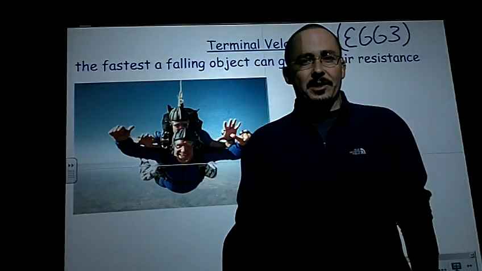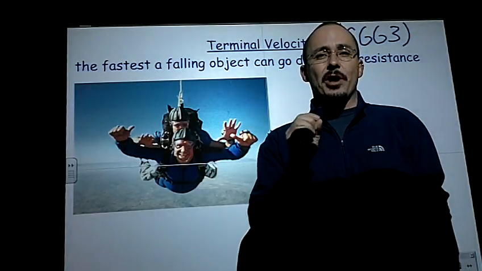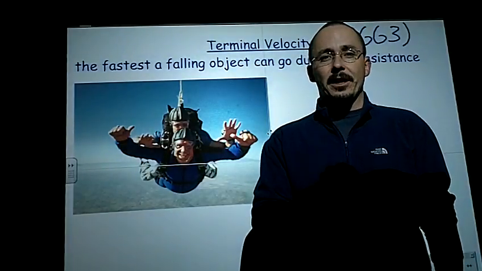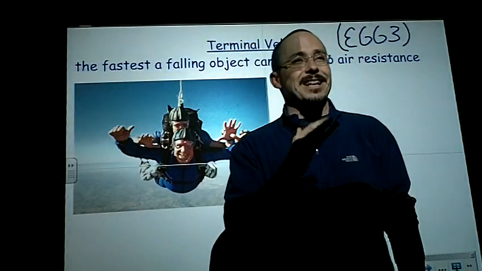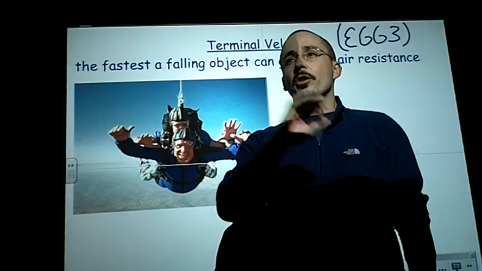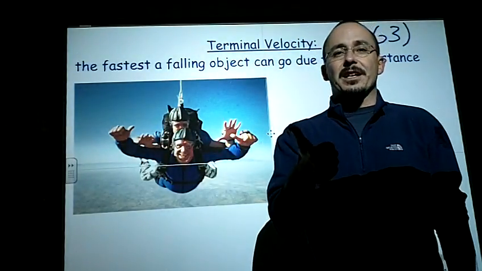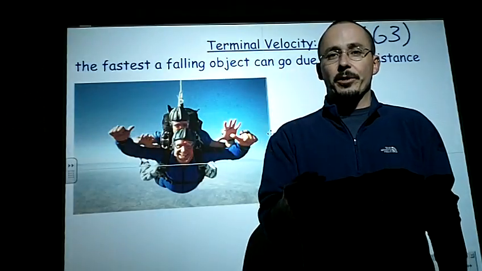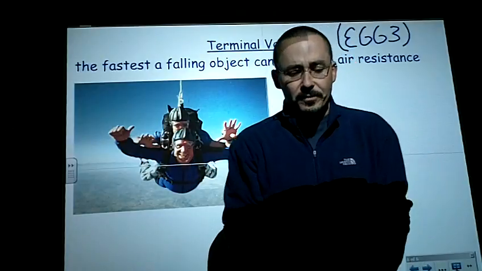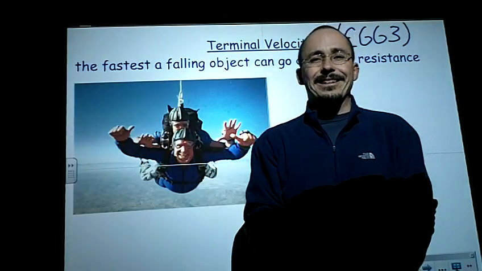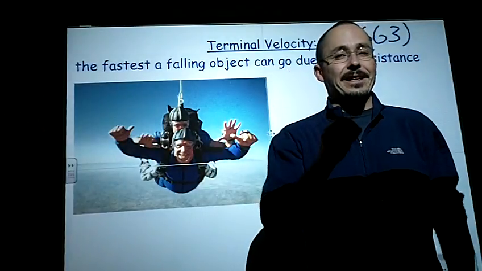There's a myth that's out there that's kind of interesting. The myth is that if you take a penny and you drop it off the top of the Empire State Building, it will accelerate and accelerate and go faster and faster, so that by the time it hits the ground, it'll be going so fast that it will embed itself in the concrete, or it will kill somebody, it will pass through somebody's head. I've heard all of these things before. Well, that myth is based on Galileo's idea that an object will continue to accelerate at 9.8 meters